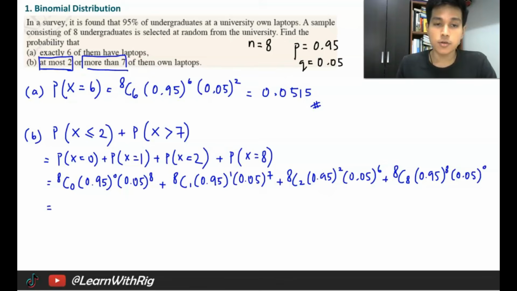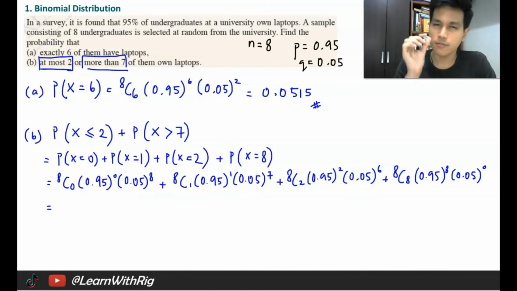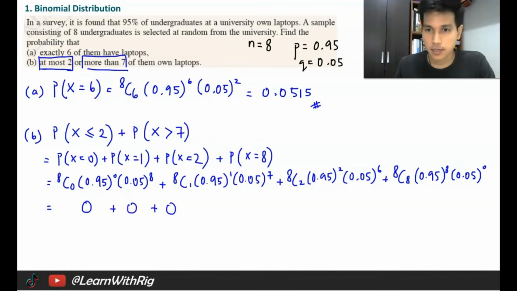Okay, so when you straight away put in your calculator, you will notice one thing. These 3 values here, when you key in your calculator, the answer is actually very, very minute. It's very, very small. So because it's very small, you can basically just write 0, because it's negligible. The value is too small. So I'm just going to write 0 plus 0 plus 0. And then the last one here, you will have a value. You will get